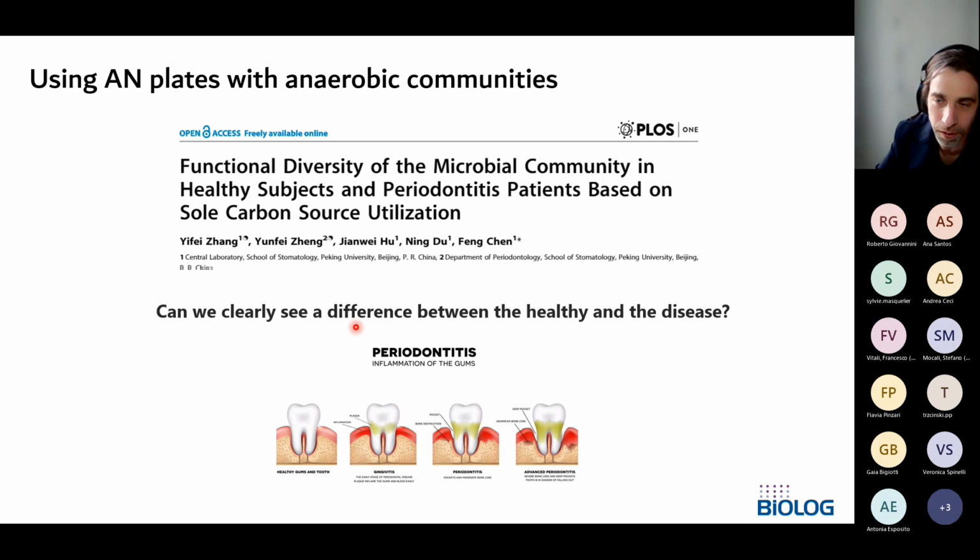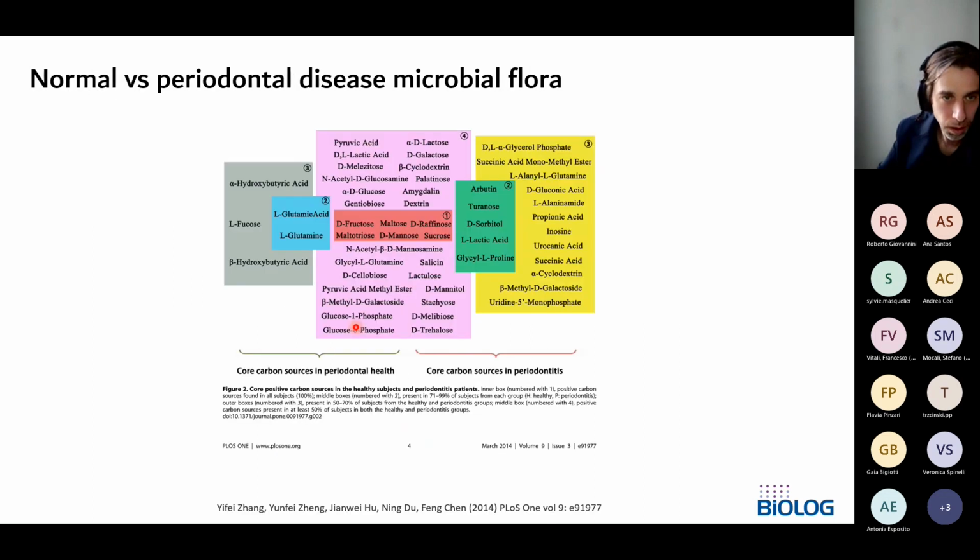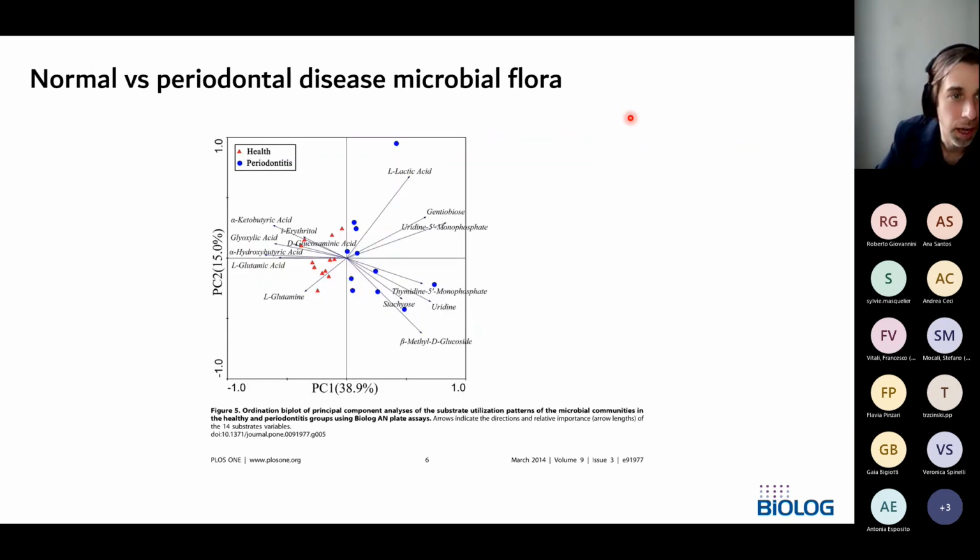But could you see this also functionally? And this was possible, doing a simple Venn diagram. There were some functional capabilities of the community that were typically associated only to the disease. And of course, they can represent important data to have, and this obviously then can be translated into multivariate data